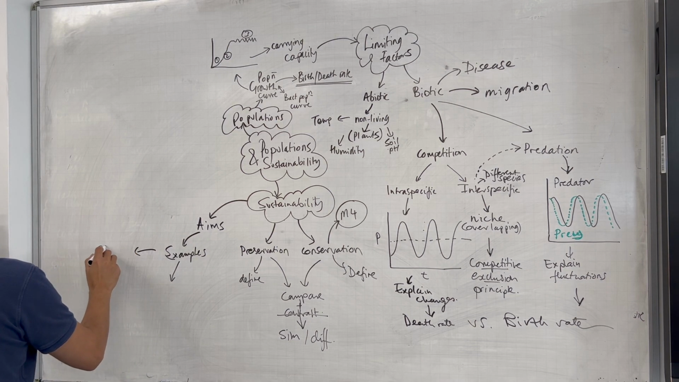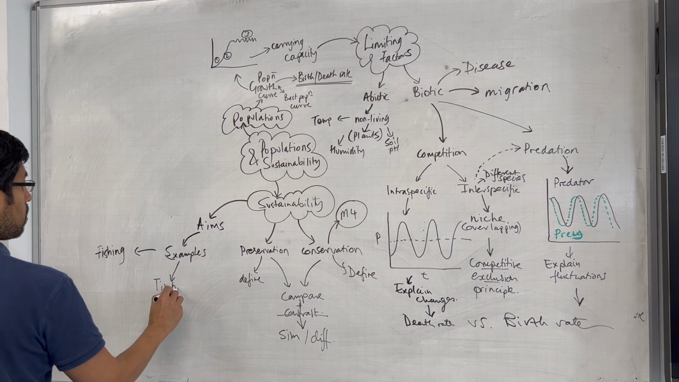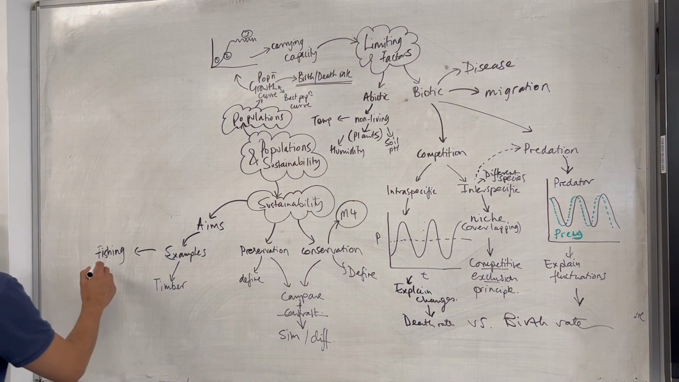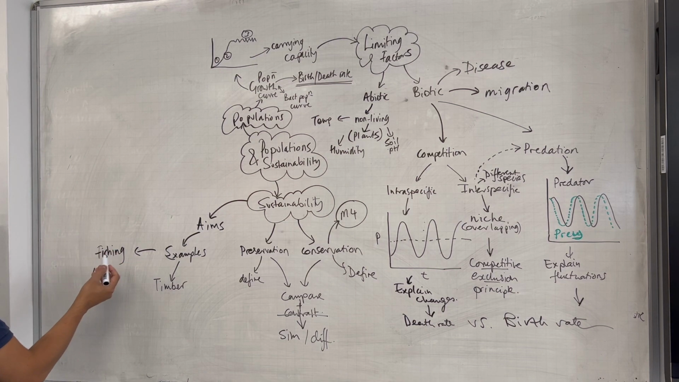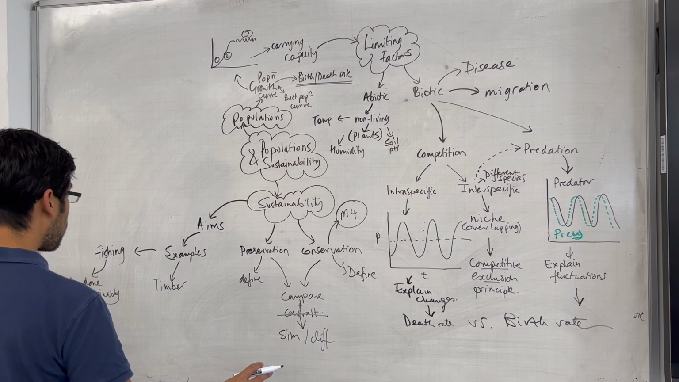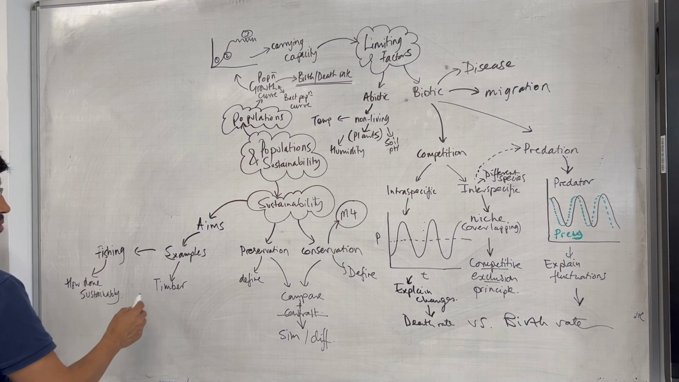And the examples are fishing and timber production. There's not too much to say about fishing, but maybe just have a few points in relation to how this is done sustainably. In relation to timber, there's a bit more to it. I'm going to run out of space, aren't I? In relation to timber,